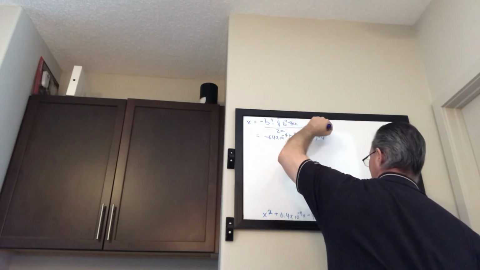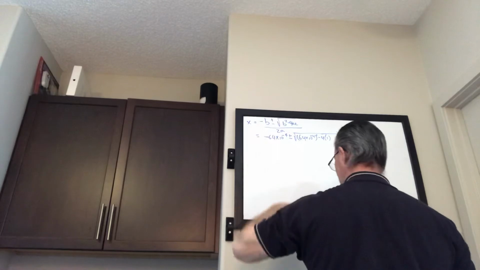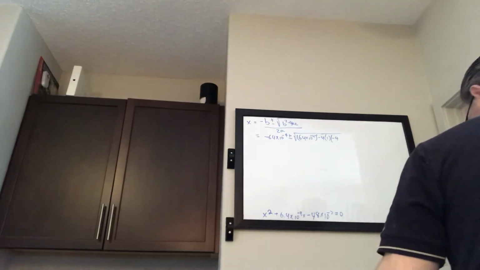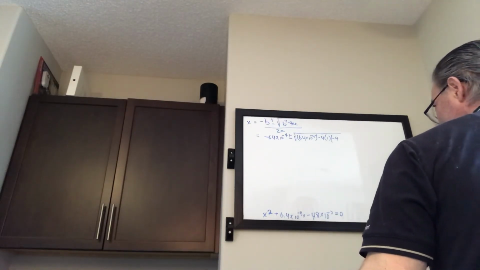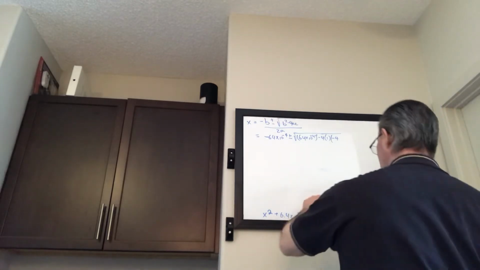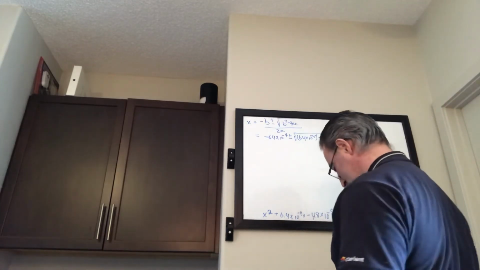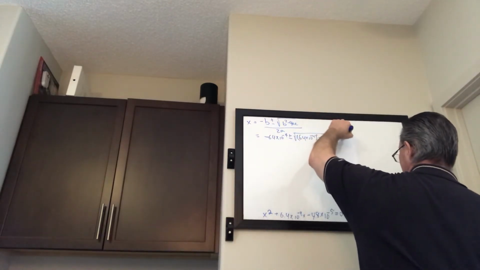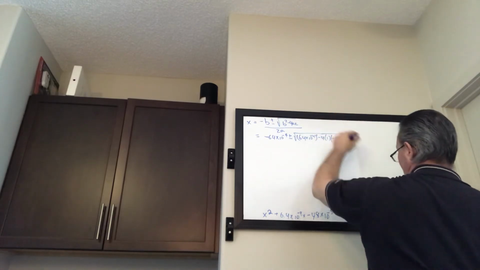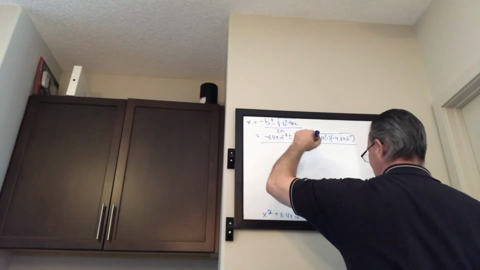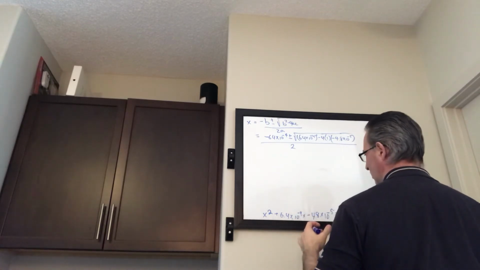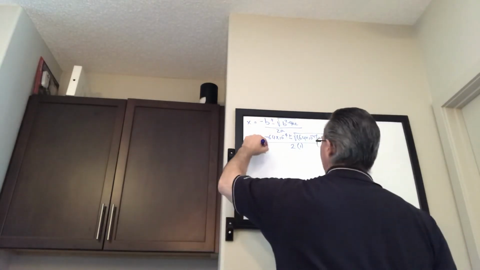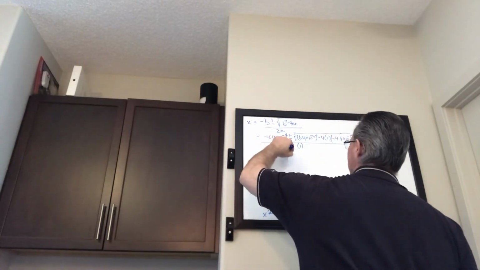squared minus 4 times a, which is 1, times c, and c is negative 4.8, oh no, was that a 5? Yes, it's still my calculator. Okay, negative 4.8 times 10 to the negative 5, all over 2a, which is 1. Okay, so you get negative 6.4 times 10 to the negative 4 plus or minus the contents of this